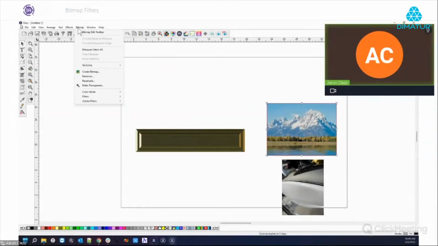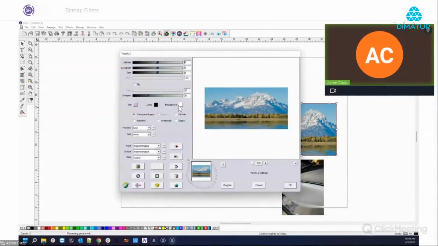There is another one. Let's go to Flexify 2. This one is a little odd. So this one distorts your image. So you can create distortions in different ways, which, again, I'm not really sure what the purpose for this one is, but I thought it was kind of interesting. You can create some unique things in here, but the idea is that